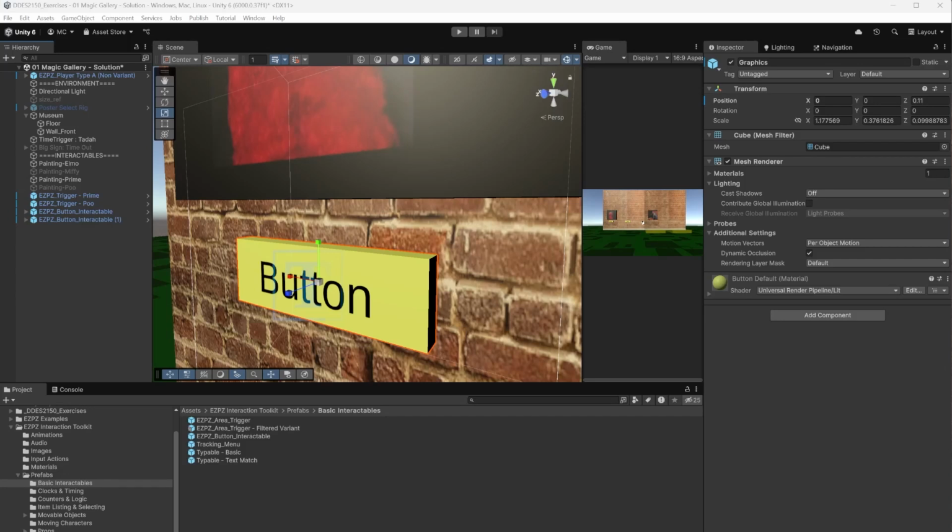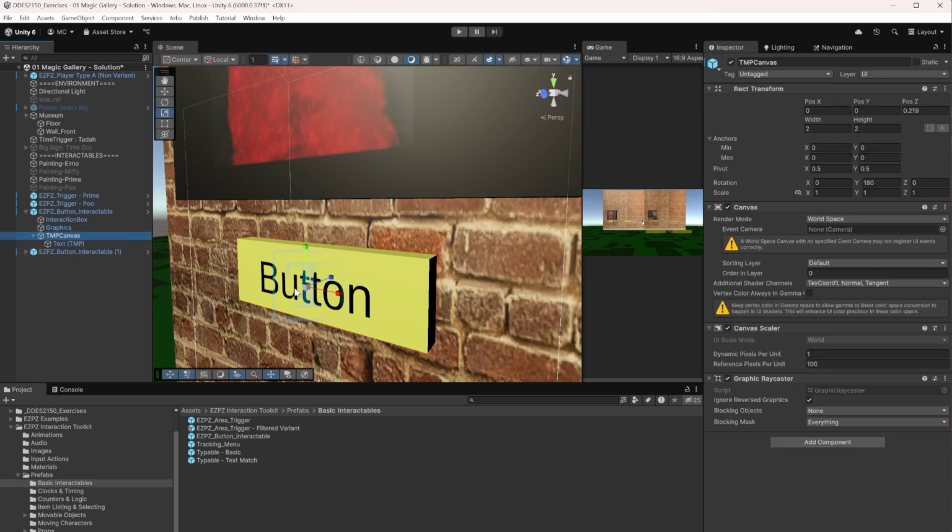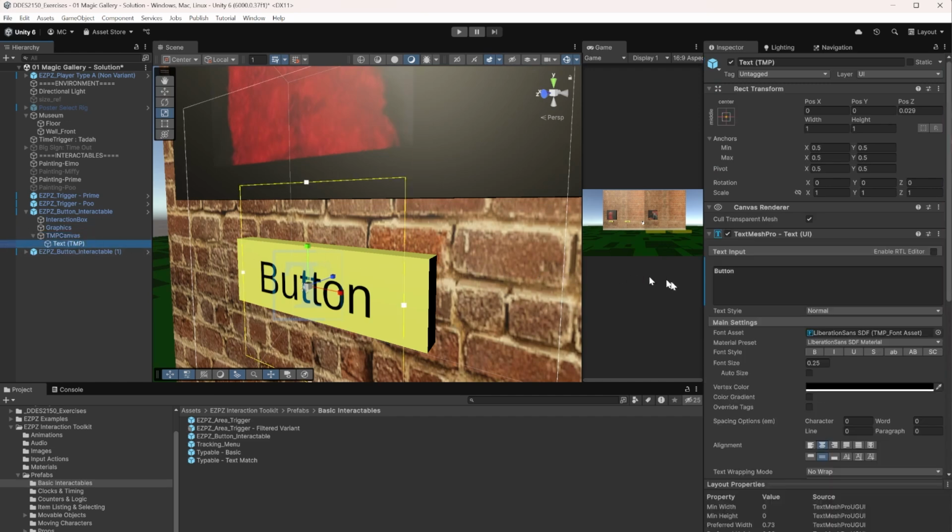So let's have a closer look at how these button prefabs are actually constructed. If we expand this bit of the hierarchy here, just this triangle here, we can see that we've got a few components that build up the button. And one of the most obvious things that we probably want to do here is change this text called button, because that's a bit generic, right? In this case, this is the button that turns off the Elmo painting, so maybe we want to say Elmo